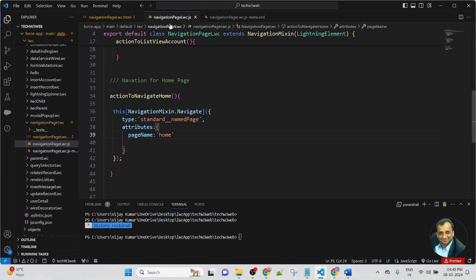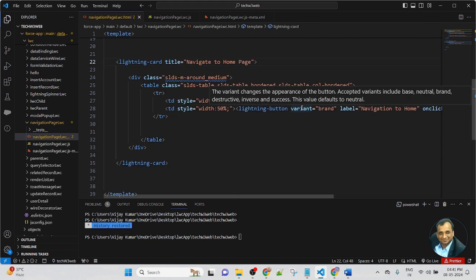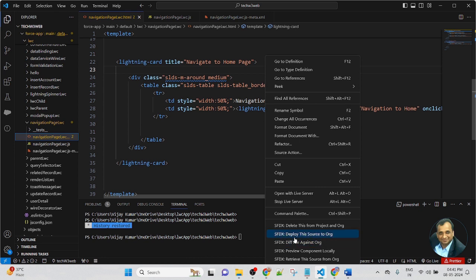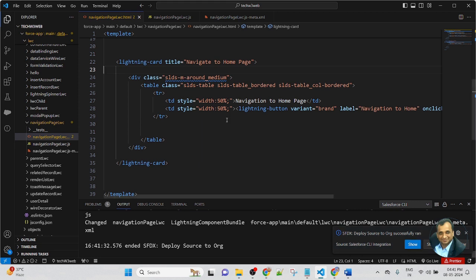Now save both files. Now I am going to deploy the source code to Salesforce. This is the option, deploy source to org. The file has been deployed successfully to Salesforce.